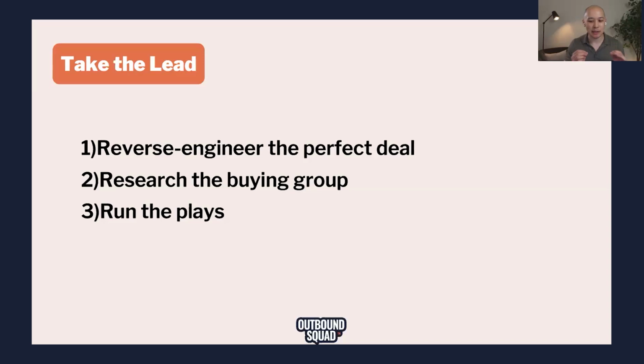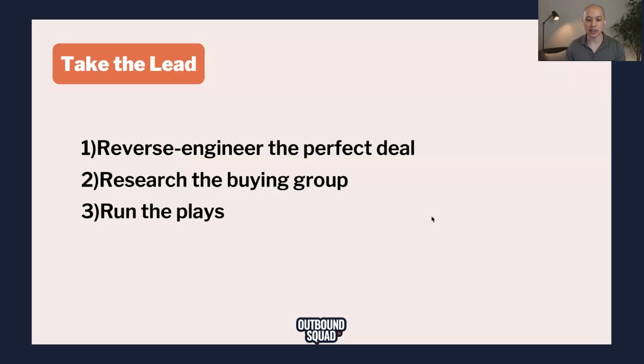There's a couple of really simple key things that I want to go over as a team here. Some of this might be check the box, like, yeah, I'm doing this. And for some of you, you might not have really thought this through before. One is reverse engineering the perfect deal. I think for enterprise especially, think about what is the sequence in which specific types of stakeholders get involved? Who are those people? Ideally, what does that even look like? Two, researching the buying group, and then three, super tactical plays that you can run.